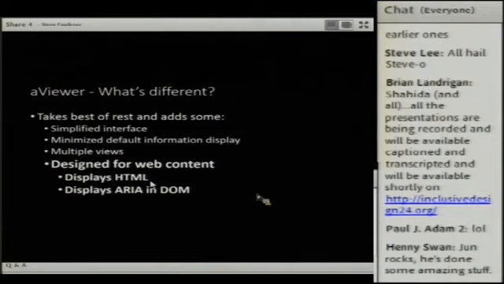So when you're looking at a button in the HTML, for example, you'll actually see the HTML code, as well as the information about it coming from the accessibility tree, as well as the accessibility API information.